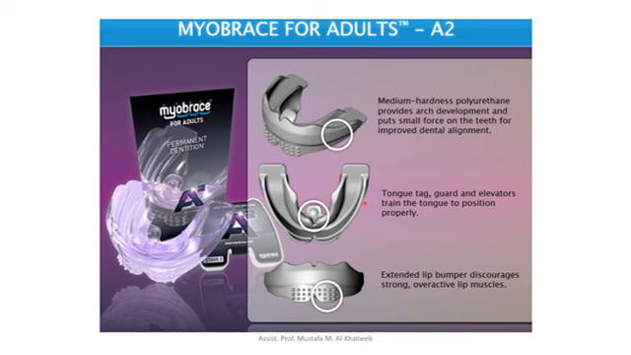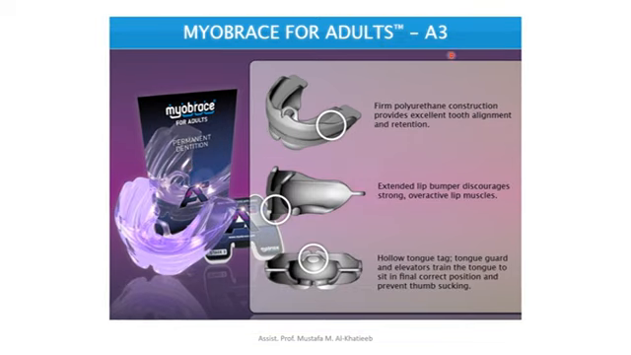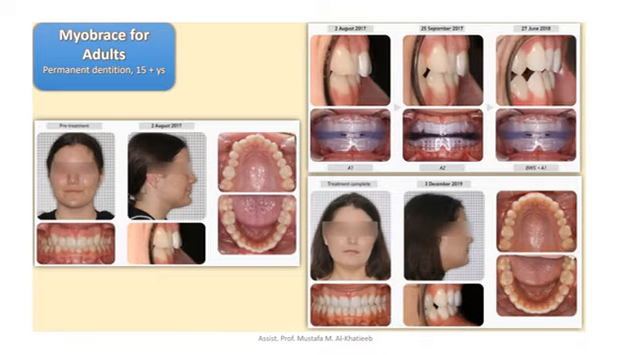strong overactive lip muscle. The Myobrace for adults has a firm polyurethane construction, a firm or hard polyurethane version, and provides excellent tooth alignment and retention, and the extended lip bumper discourages strong overactive lip position, and hollow tongue guards and elevators train the tongue to sit into the final correct position and prevent